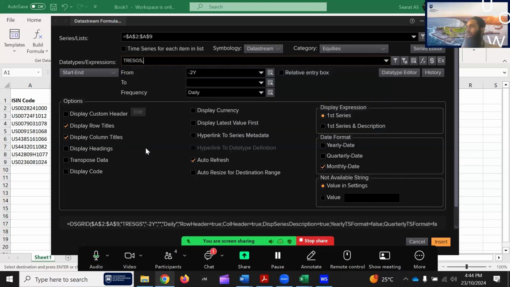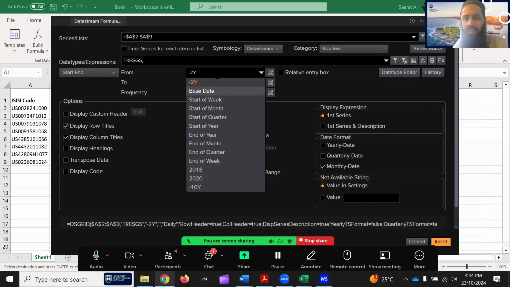And click on it. So now the code has been added. Yeah, this is TRESGS. So TR stands for something, Thomson Reuters maybe, an older code. ESG, and S for score. So if you know those codes, you may write codes here. You may have your Excel spreadsheet where you have the codes. You can copy and paste here. So you don't need to search one by one.